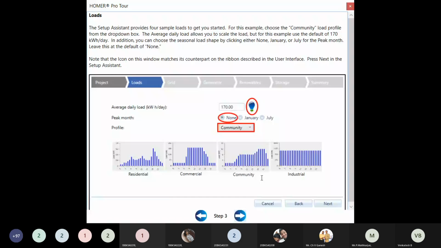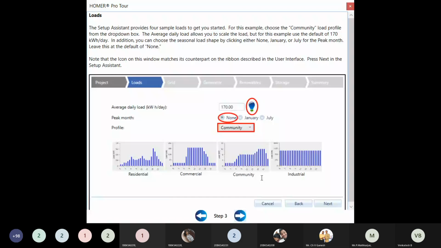Okay, once you design the system, that system must be connected through the grid, or you may want to operate in autonomous mode of operation. Sometimes there are 2 ways of doing it. You can go for the net metering concept. That means when generated power is not sufficient in your microgrid, you can import from the grid, or if excessive power is generated in your system, that can be exported to the grid.